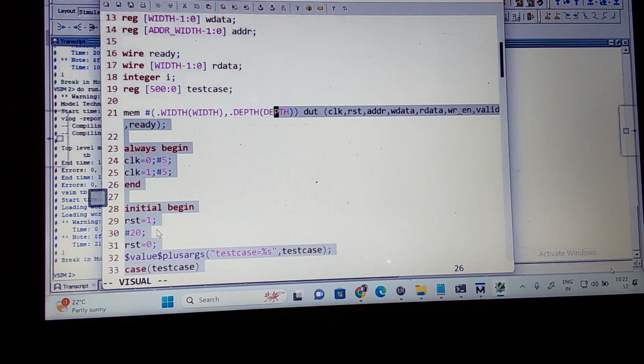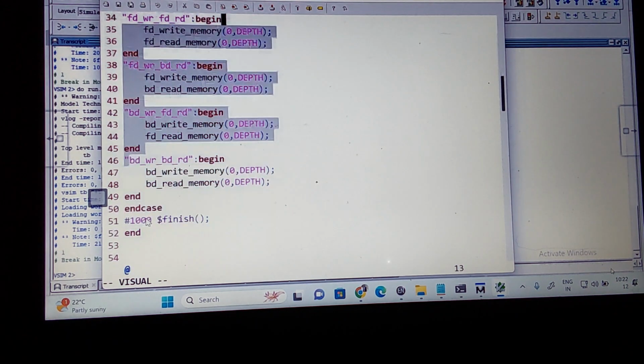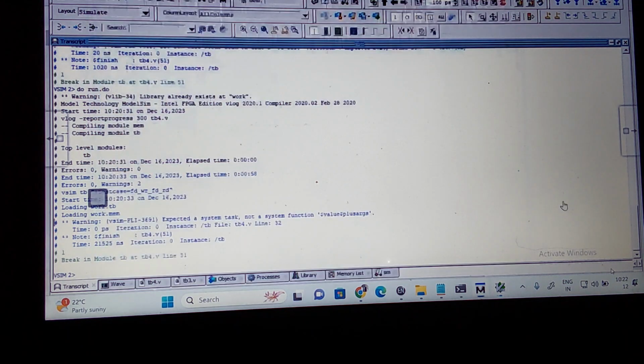Here for a reset I'm giving 1 plus 20. Then the end simulation time I'm giving is 1000. The total time it has taken is around 21,500. And there is a delay, right? After one clock cycle, if you consider all the delay, it is nothing but 21. Totally it is taking 21,525 nanoseconds of simulation time for what? Frontdoor access, frontdoor read and frontdoor write.